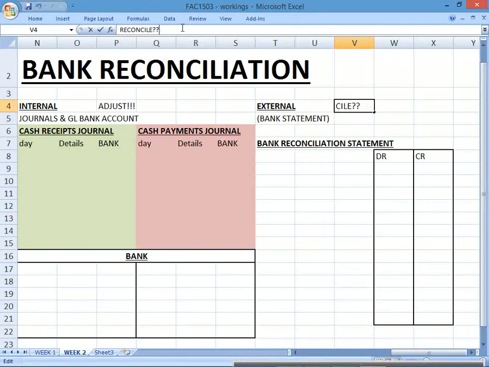Right, so if I adjust, I look at the stuff on the left. If I reconcile, I'll look at stuff on the right. Okay, I don't think UNISA gives you an answer sheet. I think you've got to draw this up, if I'm not mistaken. Okay, they might have changed things, but last semester,